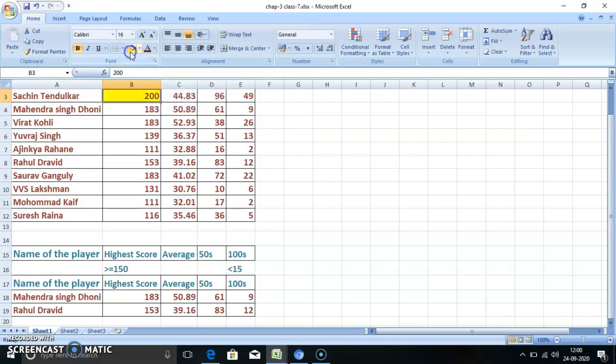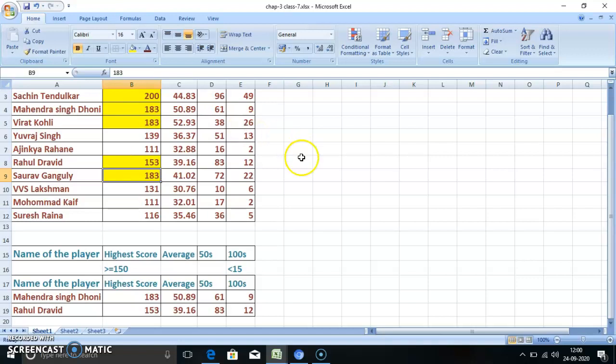See this 200, then Mahendra Singh Dhoni 183, that is greater than 150. Then 153 is greater than 150, then 183 is greater than 150, then over. But here only two records are shown, that is Mahendra Singh Dhoni and Rahul Dravid.